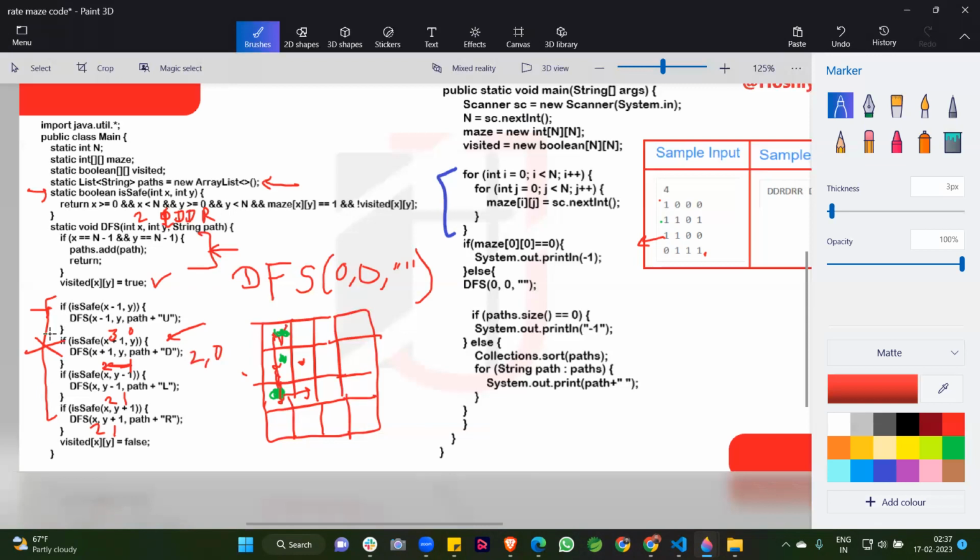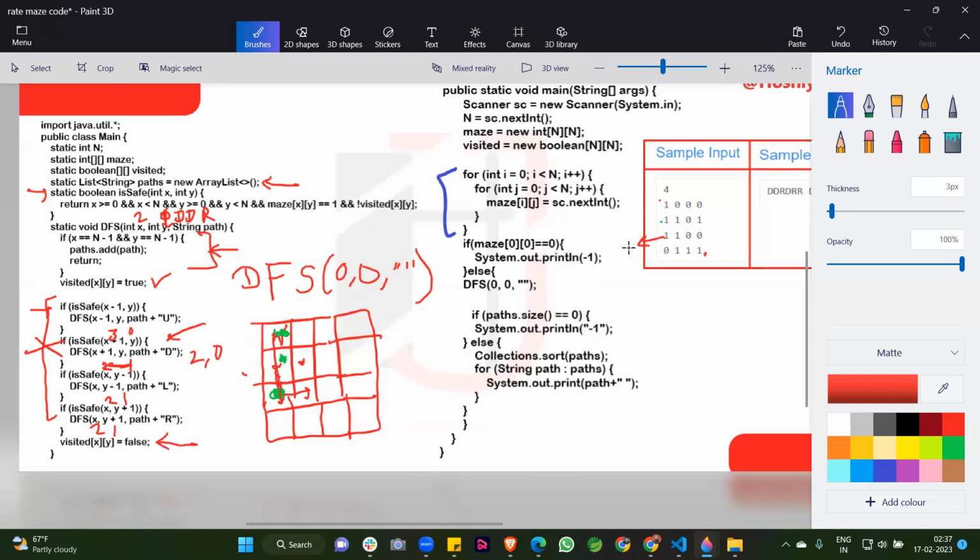So this if condition is not executed, this is also not executed, this is also not executed, this is also not executed. So what happens? We simply set visited x, y to false. So at that time we come one step back. So this is the step of backtracking. So what is the meaning of this?